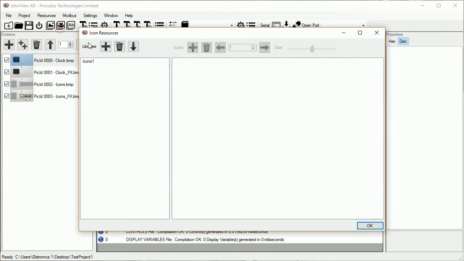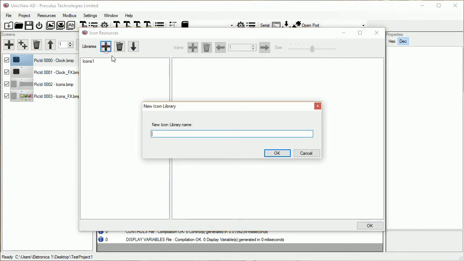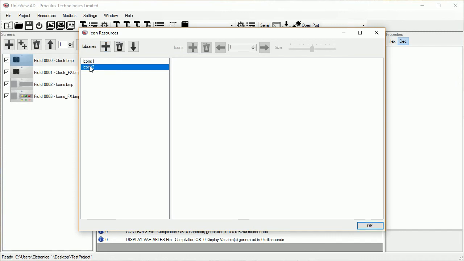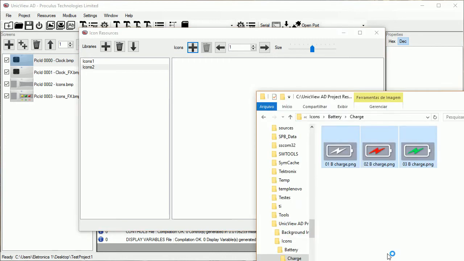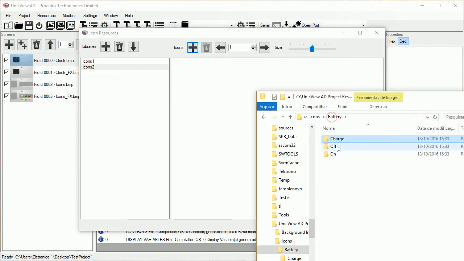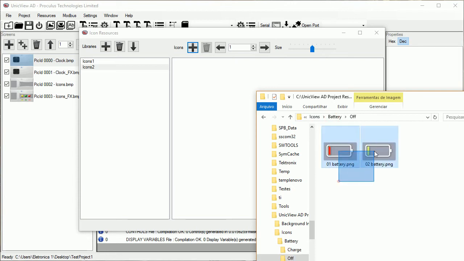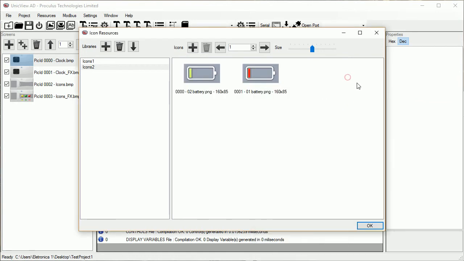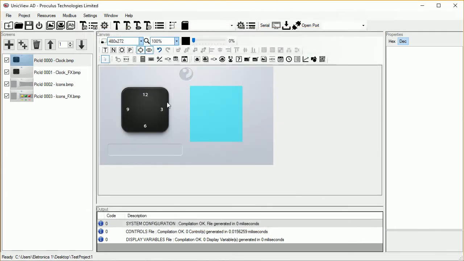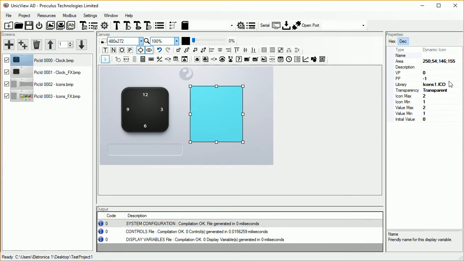Let's add a new icon library. As the icon resources have been modified but not compiled, the new icon library will not show up in the library property.